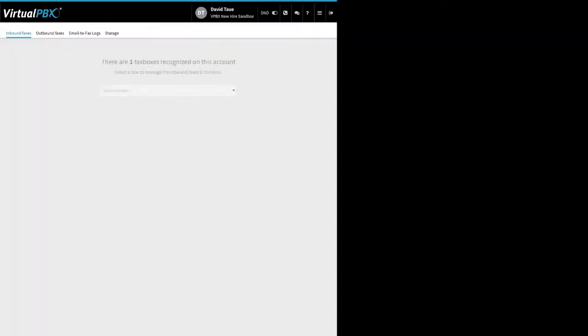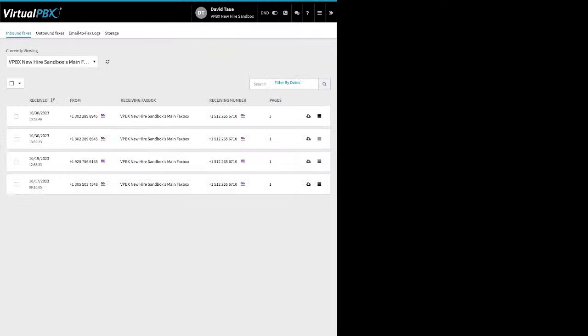All right, fax manager, right? Included feature. This lets you get to any fax box on the account. So here I can see my inbound faxes, date, times, phone numbers involved. I can download the file. If I go to the outbound fax tab,